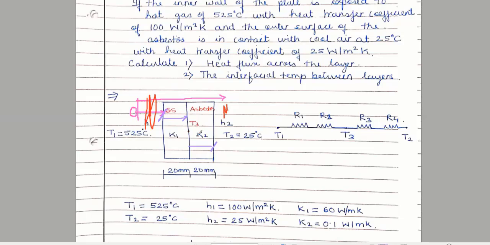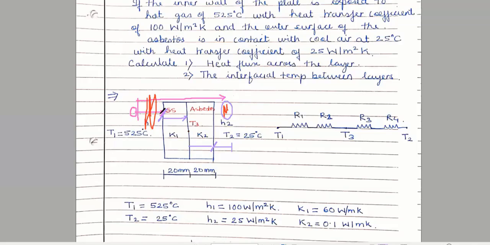Now the heat will try to move from this outer surface into the atmosphere. Why? Because heat always flows from high temperature to low temperature. All of you please keep this in mind. Okay, this is the basic of heat transfer. Always the heat will flow from higher potential to a lower potential, that is high temperature to low temperature. So the temperature here is higher and the temperature here is lower. So the heat will flow from here to here. But here what is there? Here it is nothing but air. So this air will also offer some resistance, hence the fourth resistance.